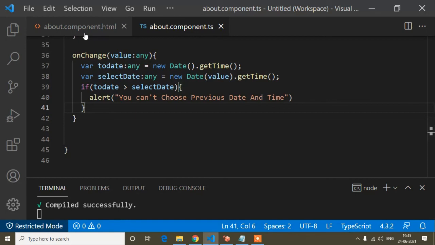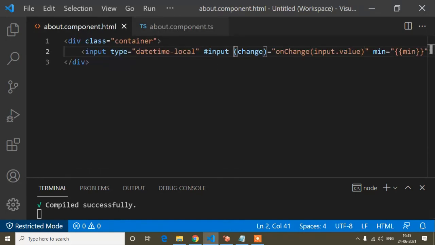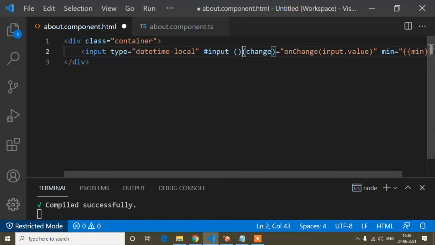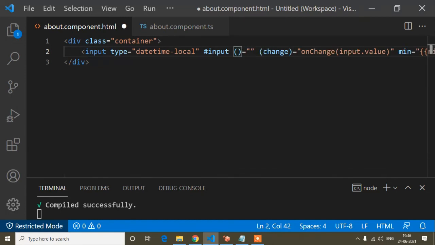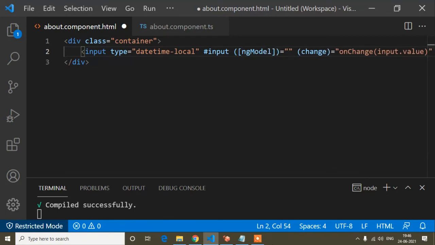Okay, so first of all you can just show the alert to a user, and now you have to reset this input field. So here you can write parenthesis, and inside this parenthesis square bracket and ngModel, ngModel is used for binding.